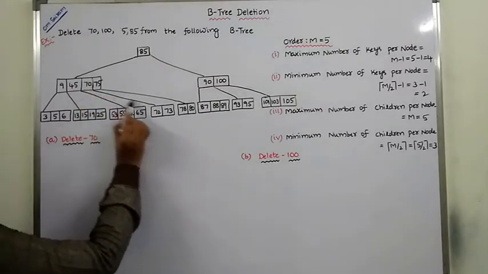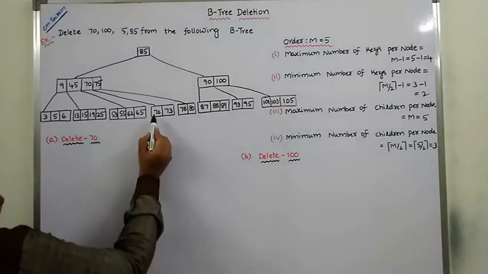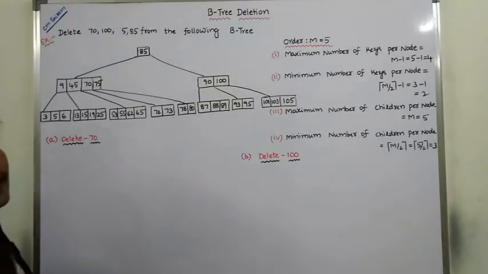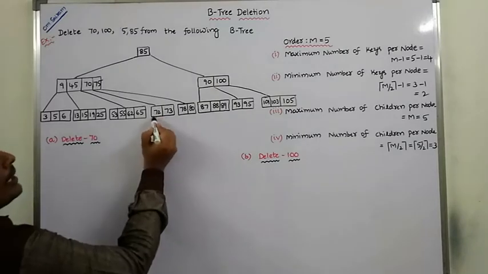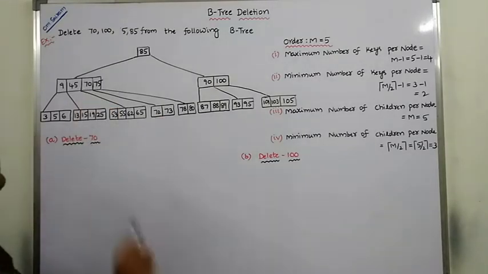The right pointer of 70 points to a right subtree that contains a node. That node contains 2 key elements, 72 and 73. The minimum element is 72, so the target key element can be replaced with 72.